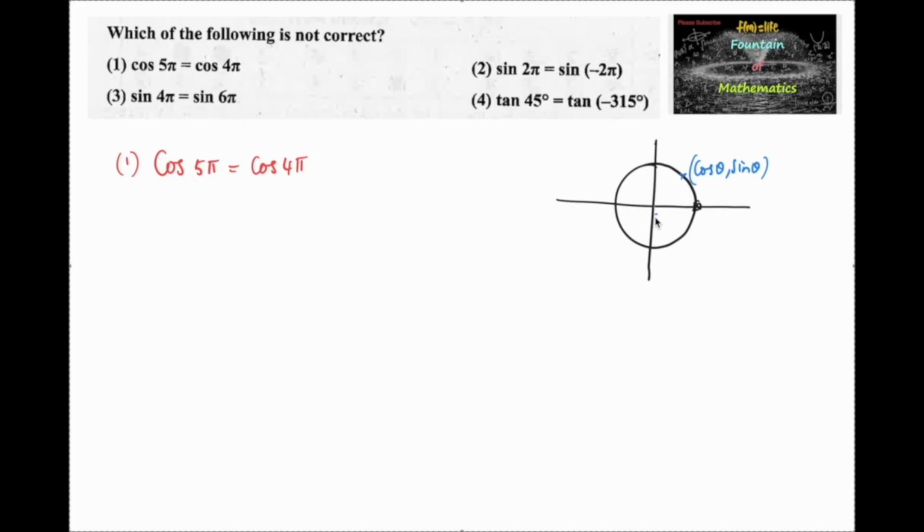The radius is 1 unit, and 0 comma 0 is the center. So here we can consider cos theta at 1 comma 0 and here at minus 1 comma 0,